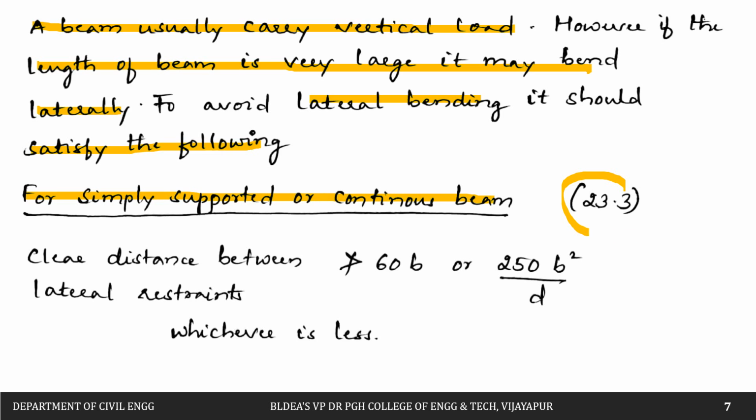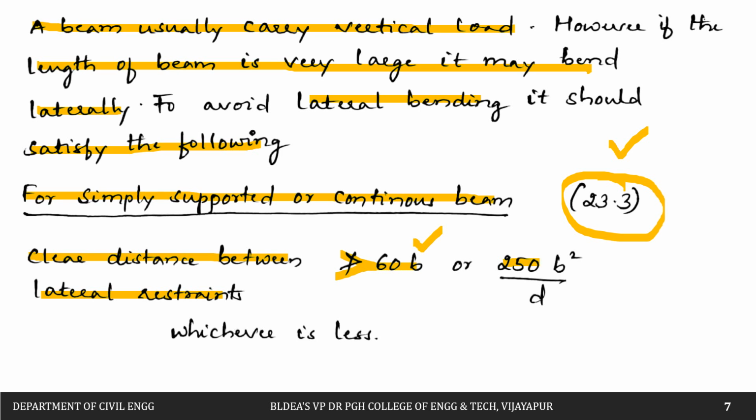They have given this in IS 456:2000, clause number 23.3. The clear distance between the lateral restraints shall not be greater than 60 times b, where b is nothing but the width,